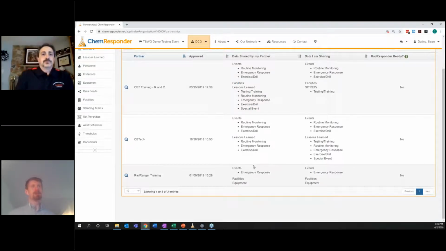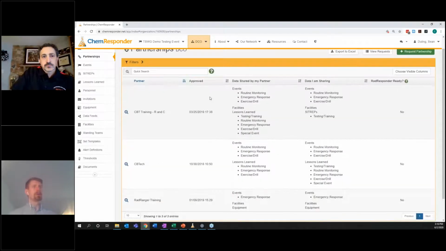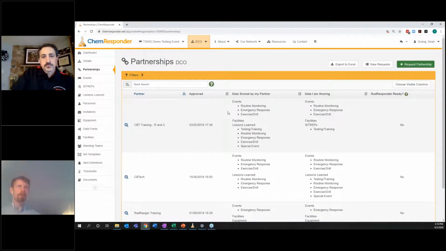So we see organizations that might be pooling equipment in some way or another, and so they find utility in being able to share their equipment. We can share, obviously, events as well. So in the top one here, we see that these orgs are sharing certain event types with one another. And so I'm going to talk more about events in a moment, but what we're going to see is that